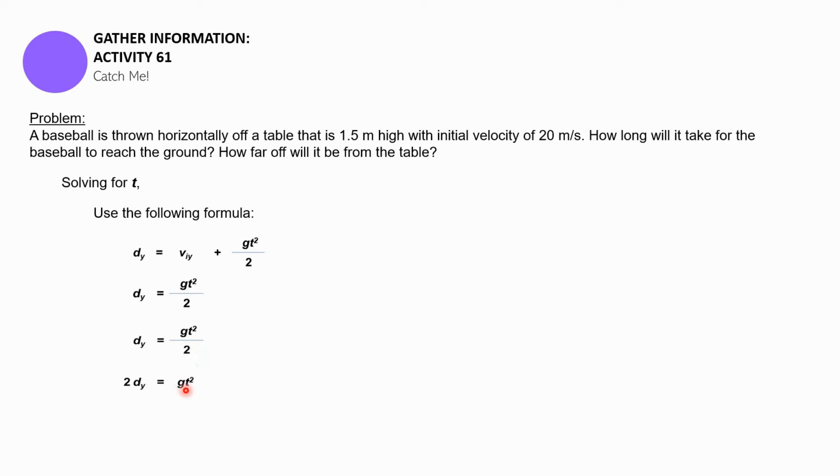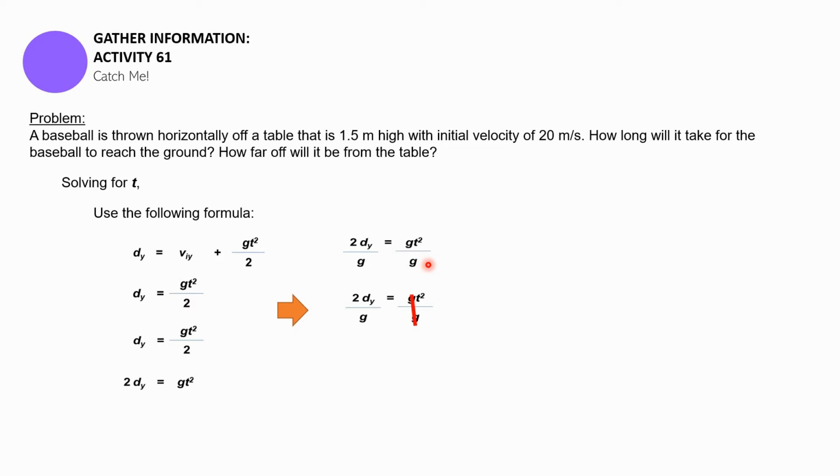the formula for t. Okay, so in this case, multiply d with 2, dy with 2, and then gt squared just stays on one side of the equation. And then since it's there, we can now do division on both sides of the equation. You notice we are not using the word transpose because we want to see here why they get moved to the other side. Okay, so for you to be able to, I quote, transpose it, you actually have to apply the rules